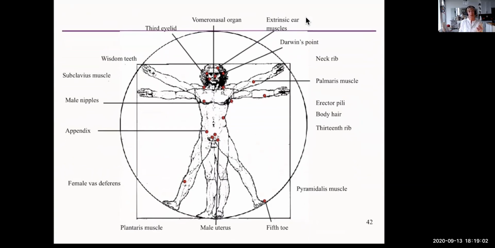So another good reason to look at our evolutionary past is that we have some organs and features that we don't even use. And you might wonder, why do we have them? They are leftover remnants from our evolutionary past, from ancestors that we had a very long time ago. We still have some of those features, but they're not useful for our survival now, so we don't use them. One thing is the appendix.